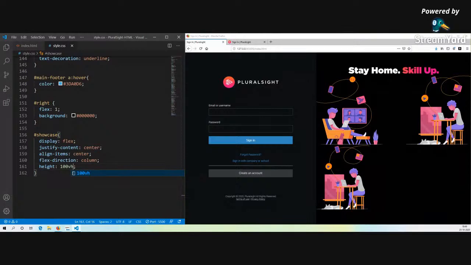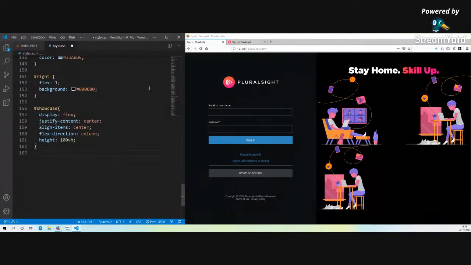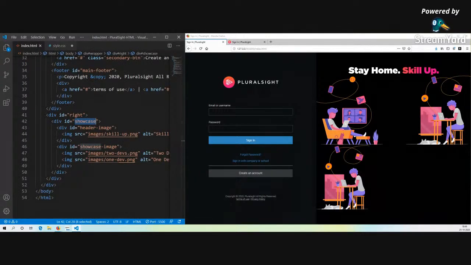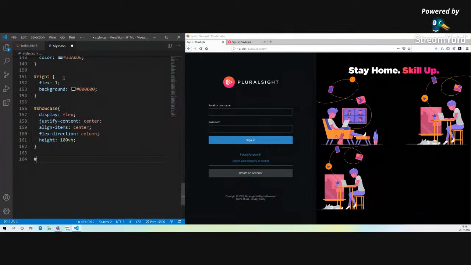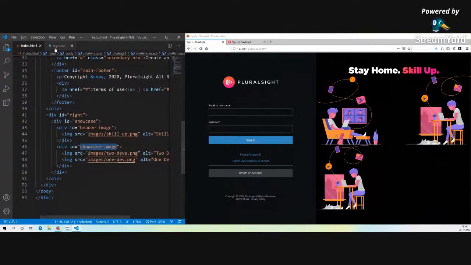So it gets the complete 100 vertical height. And now I will take these images, this hash showcase images, img means these are the images we are targeting, and then